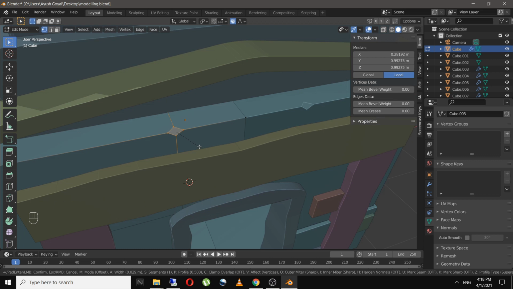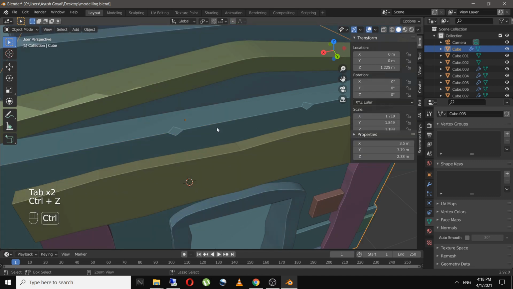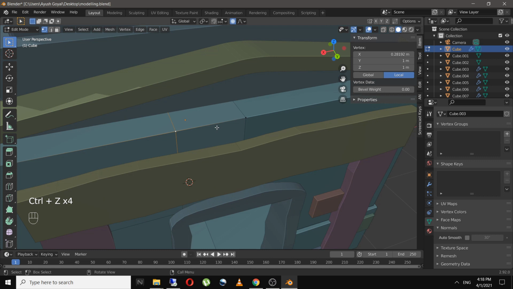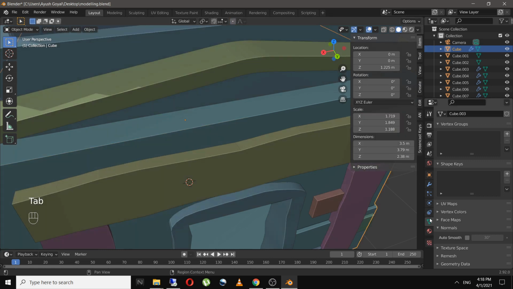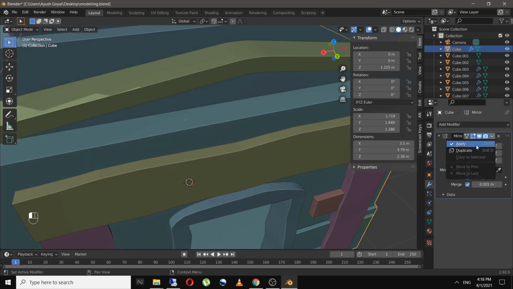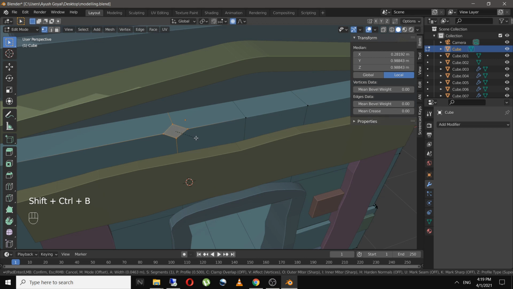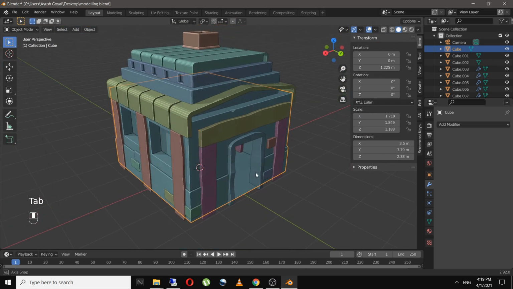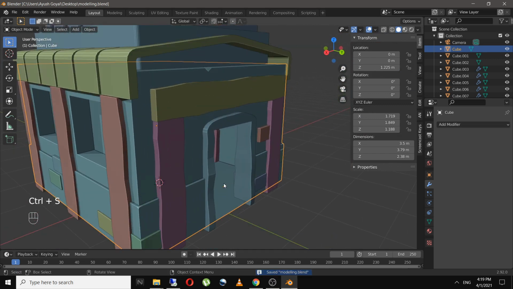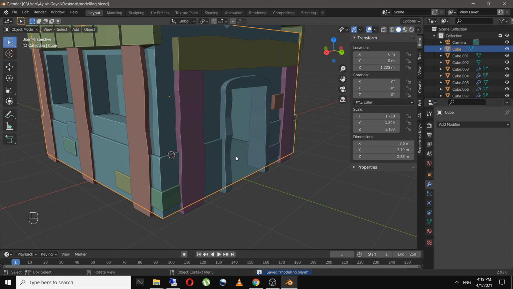But as you can see, this is cloning since the mirror modifier is still active. So I'll apply the mirror modifier. Go here and click on apply. And now if I go to edit mode and select these vertices and bevel it, yeah, this looks nice. You can add in more details if you want, but this looks fine to me now.